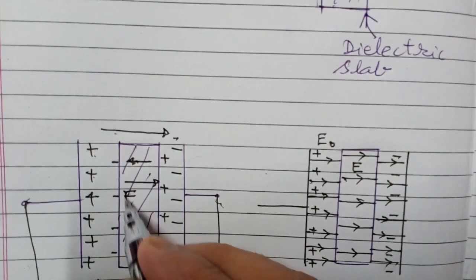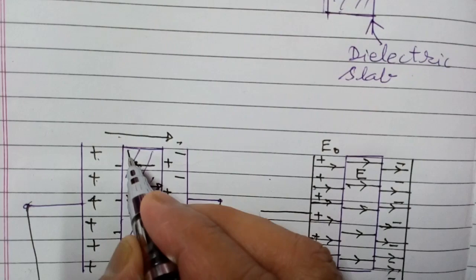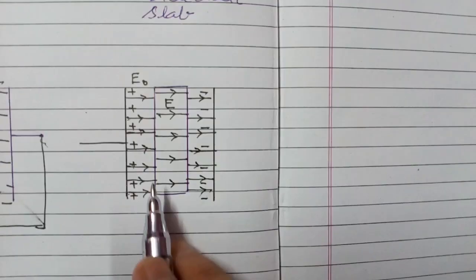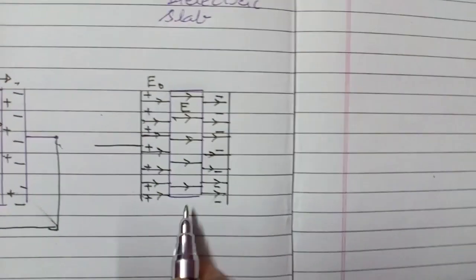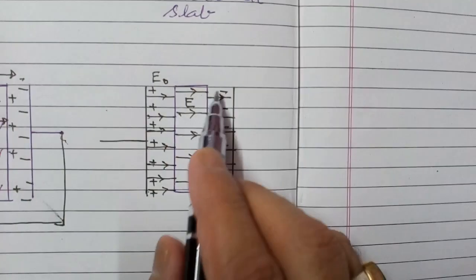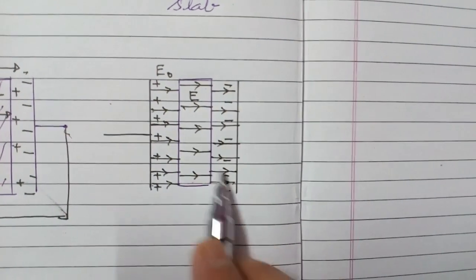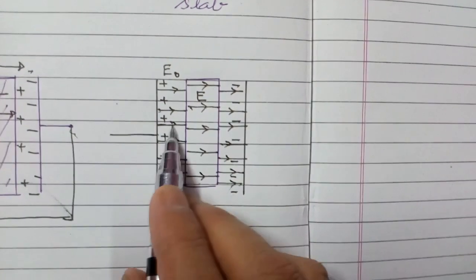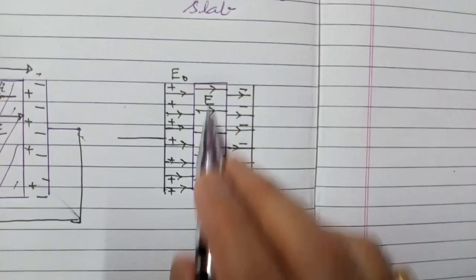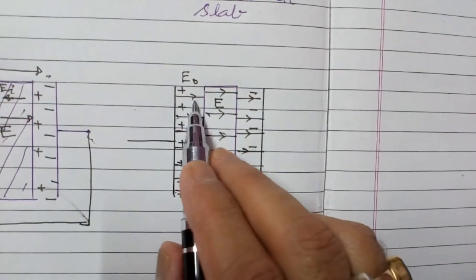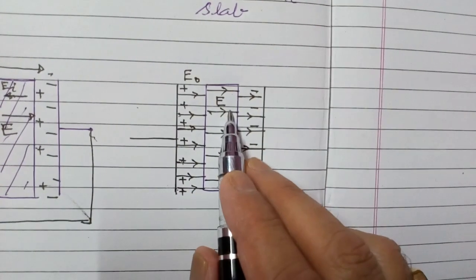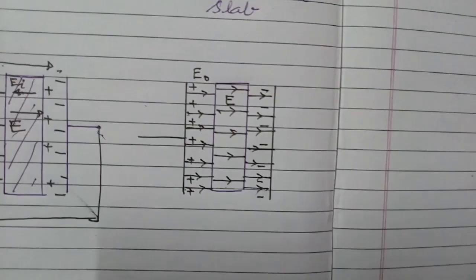This is E and this is EI. So inside the dielectric, since field is reduced, field lines will be like this, and in air field lines will be like this. So in air field lines are close, in dielectric field lines are away as compared to air, they are not as close as in air. So space between the field lines has been increased.